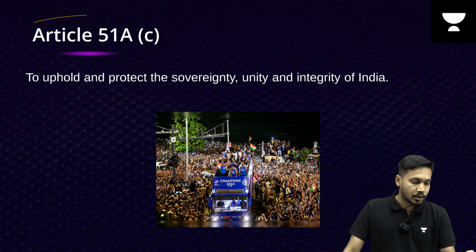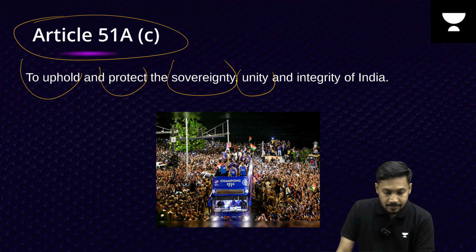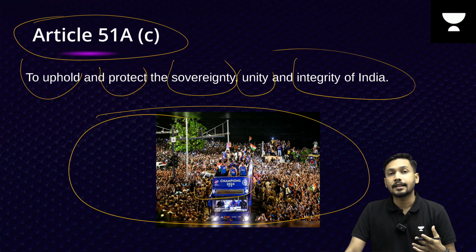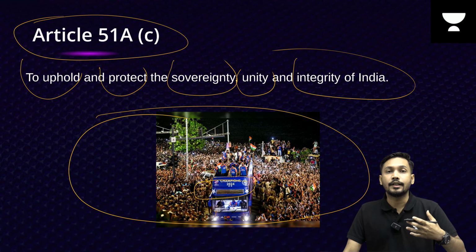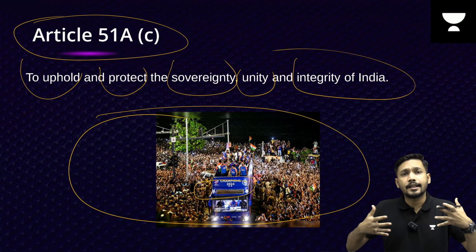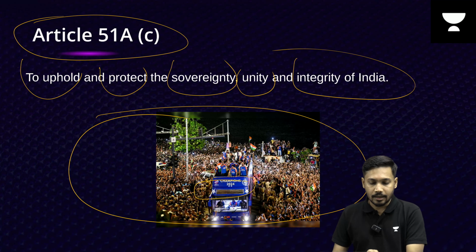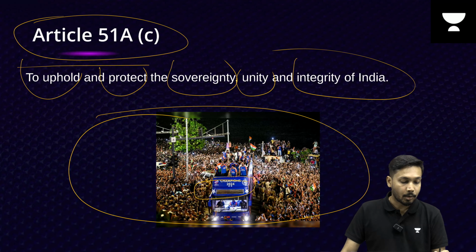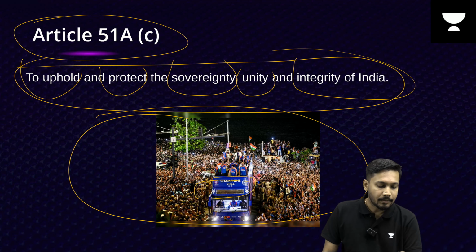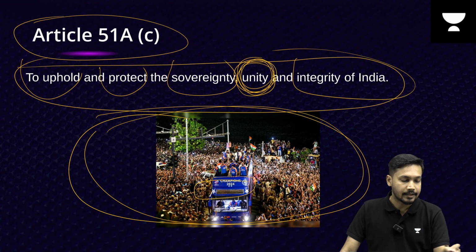For Clause C, to uphold and protect the sovereignty, unity and integrity of India. Let's look at this picture. Now, Champions 2024. So, this picture was taken in the victory parade which happened after India won the ICC T20 World Cup. So, here the entire India came together to celebrate this win. That is what is also in a way told in this clause. To uphold and protect the sovereignty, of course, it's not about sovereignty but unity. If we remember unity and if we remember this picture, it will be easy for us to remember this clause,